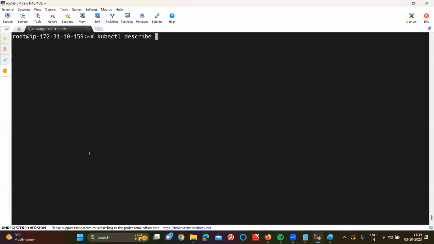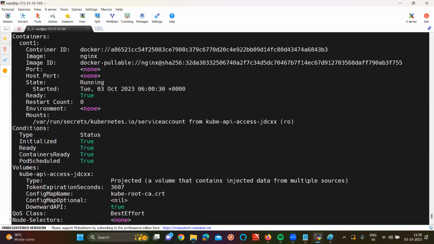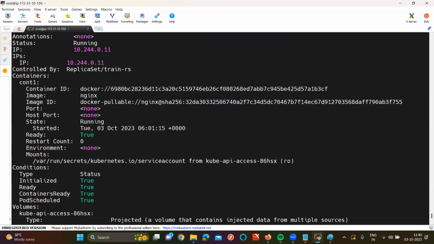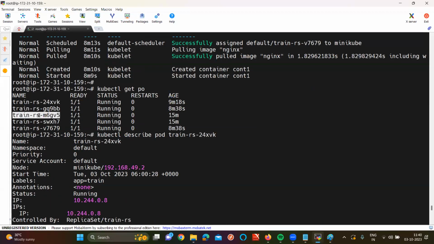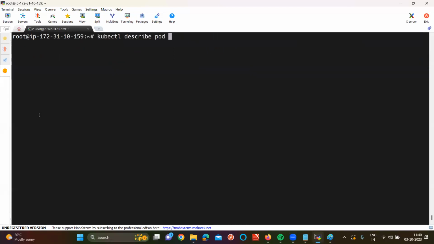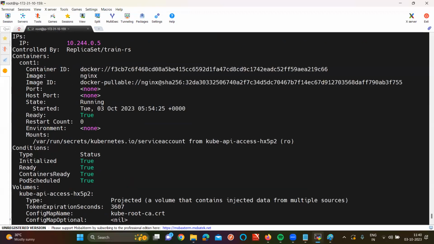Kubectl describe pod, name of the pod. For pod 1, what is the image? Is it updated here? What is the image again? Nginx. Let's check for pod number 3. For pod number 3 also, what are you going to get? So that means, whenever you see this Nginx, when I try to update the image,